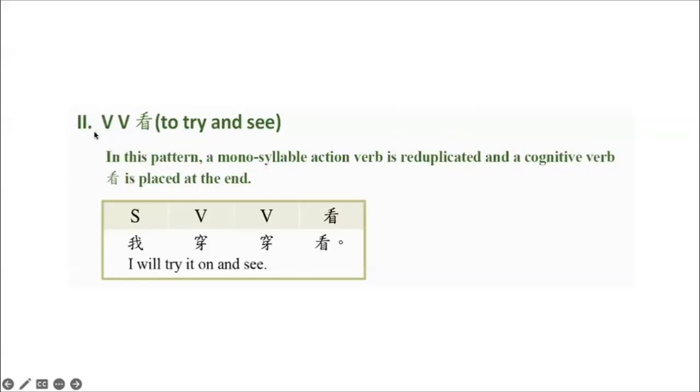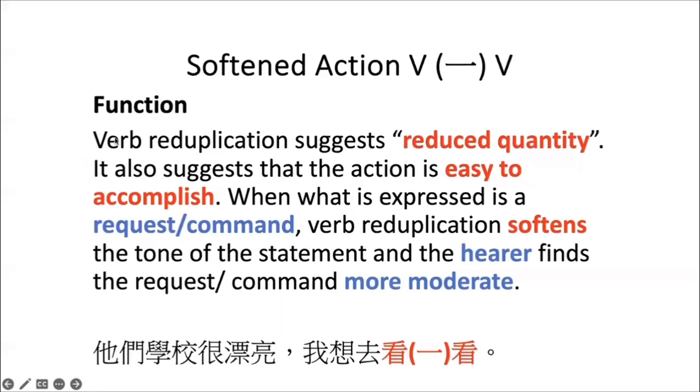Before we learn today's grammar, verb can, let's learn the verb reduplication pattern first. When we reduplicate an action verb, we give the listener a concept of reduced quantity, or the action is easy